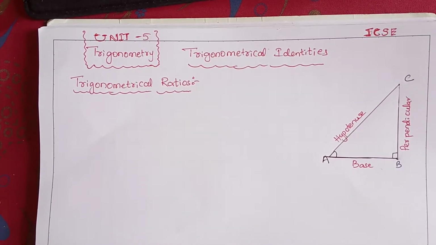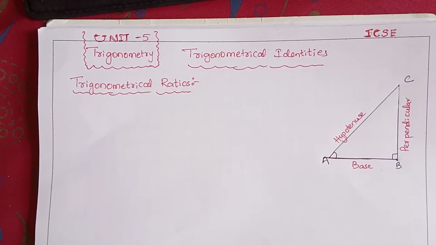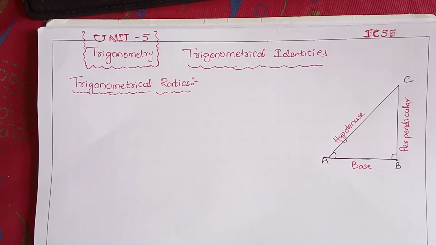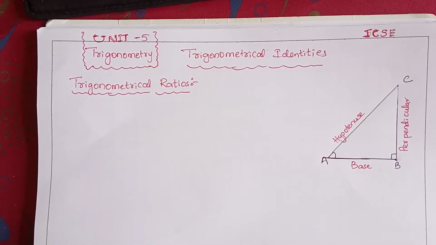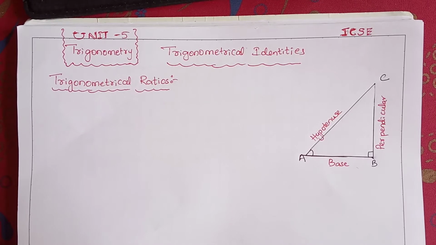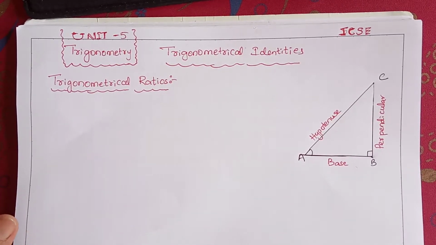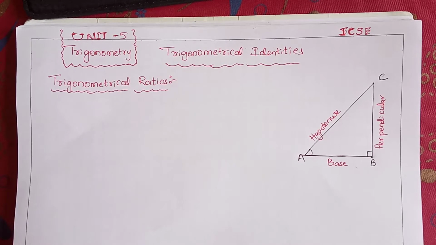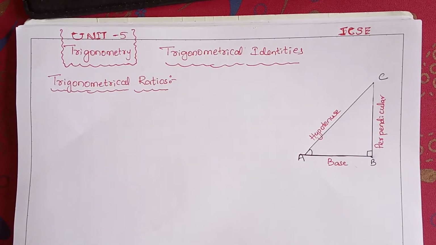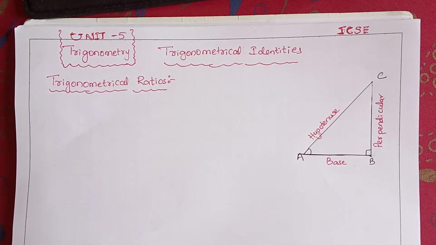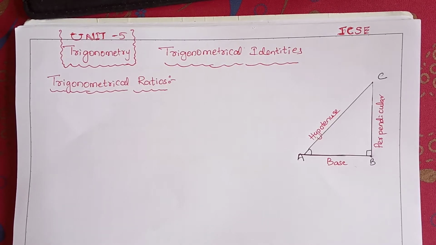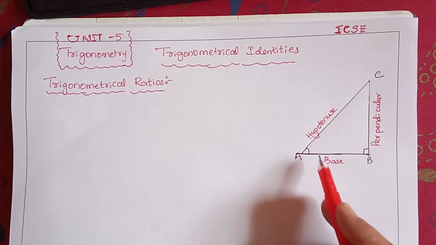So children, what is exactly trigonometry? Trigonometry is nothing but a measurement of a triangle. How many measurements of a triangle are there? How many sides does a triangle have? 3 sides, so there will be 3 measurements. This whole of trigonometry is based on the right angle triangle only, children.